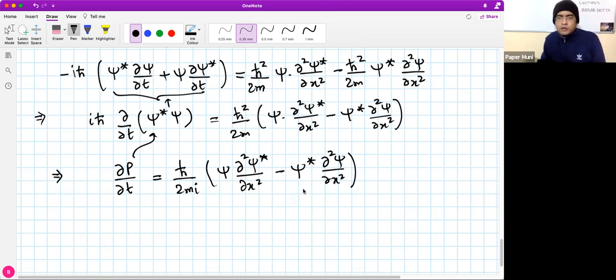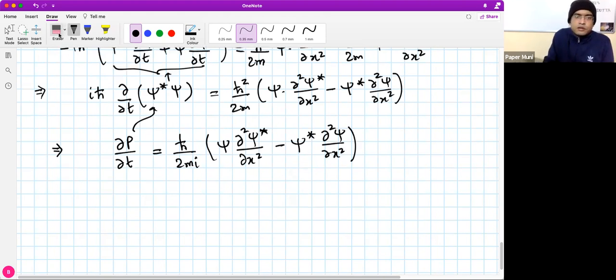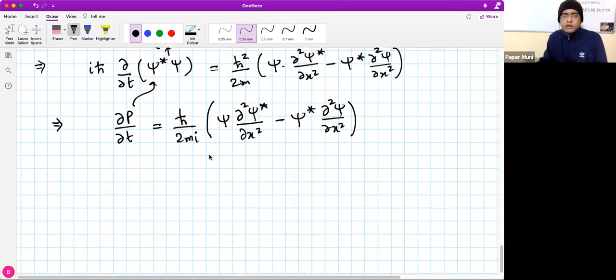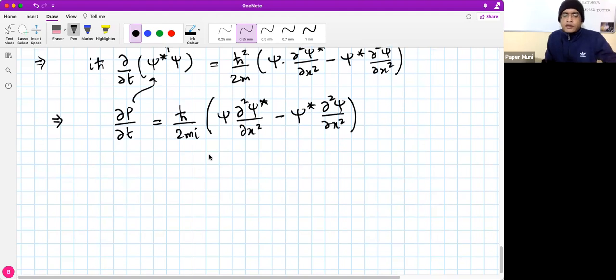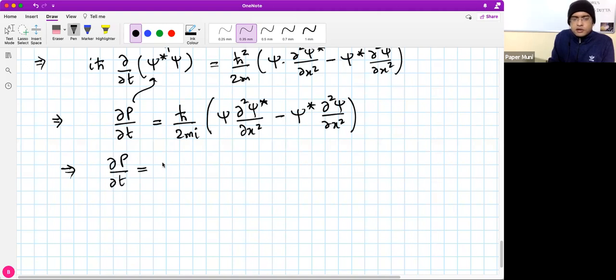All right, so second derivative. Let me make this bracket a little nicer. Now we have arrived at what we were looking for: the rate of change of the probability density. If we rearrange a little bit further, we can write this as,